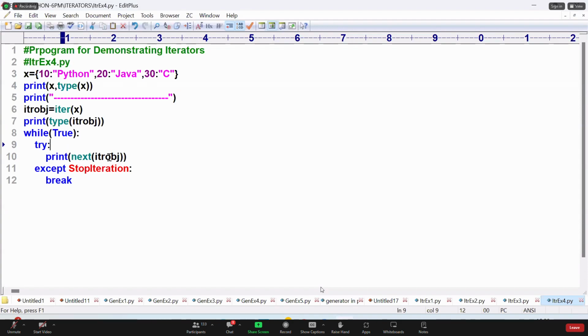Here I will do like this. This will give you what? Key will be coming. I will write it there, \t, and I'll write it like this. Dot format of what? K comma x of k. Do you know this? Dictionary,